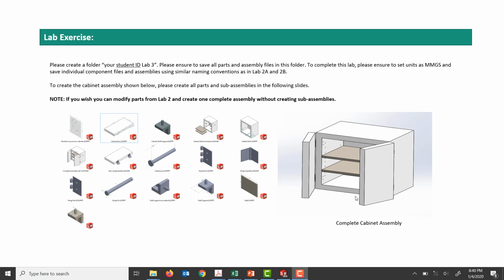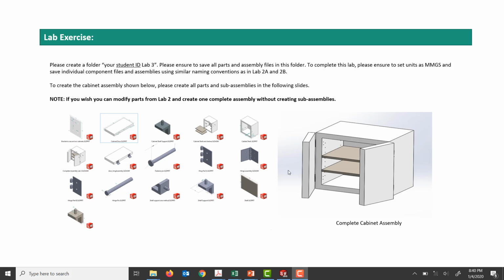The only new components which are added are these shelves and the supporting brackets, shelf supports which you're designing that you will be using for this lab